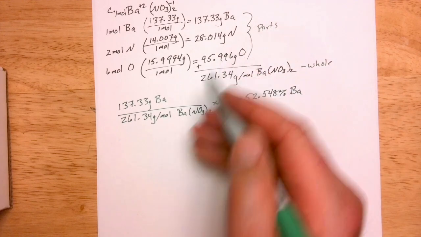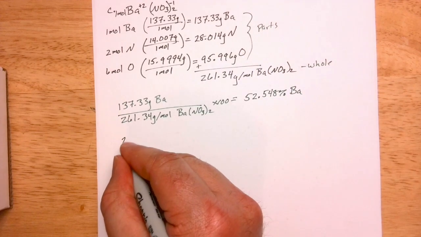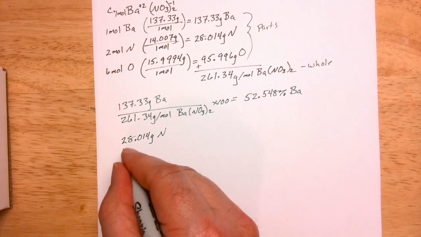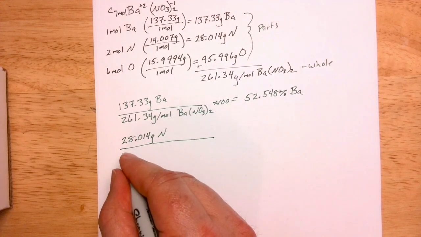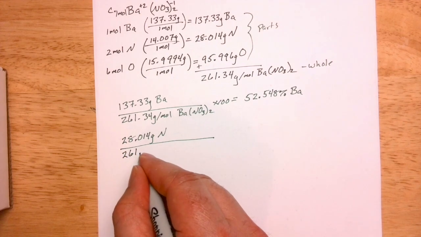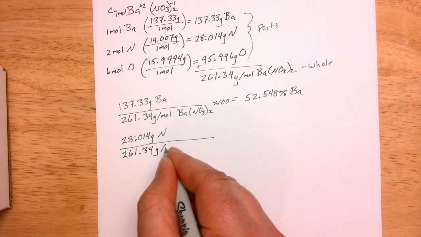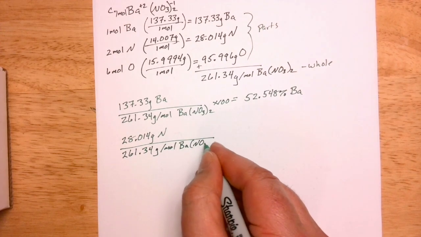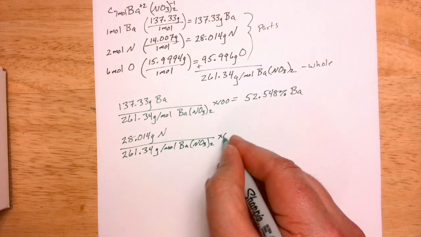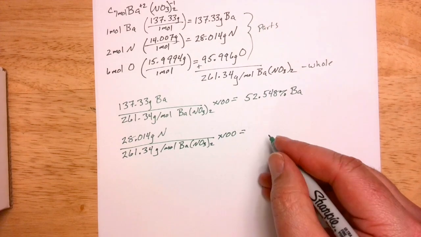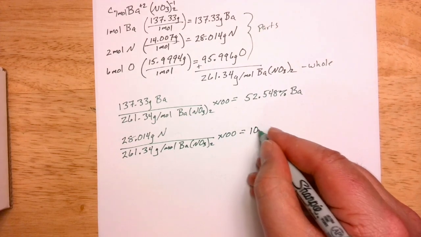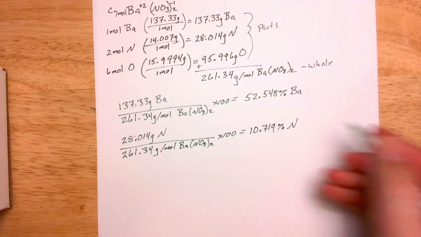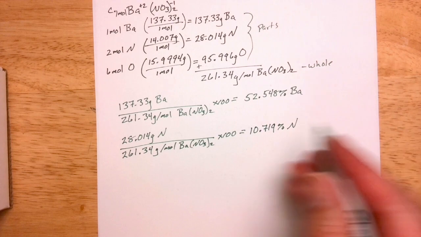For nitrogen, you have 28.014 grams of nitrogen. Compare that to 261.34 grams per mole of barium nitrate, times 100. And that comes out to be 10.719% of nitrogen. And then for oxygen,